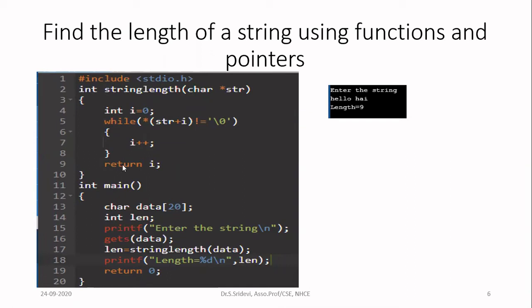Now, what is your answer? I is that answer. It is going to tell you how many characters you have in total in your string. This is the answer you want to return to the main function, so you can return it by means of the return statement. And remember, whenever you have a return statement in your function, the return type should not be void. You have to write the type as whatever data you are returning. Here I am returning I, an integer variable, so I have to change the return type to int.